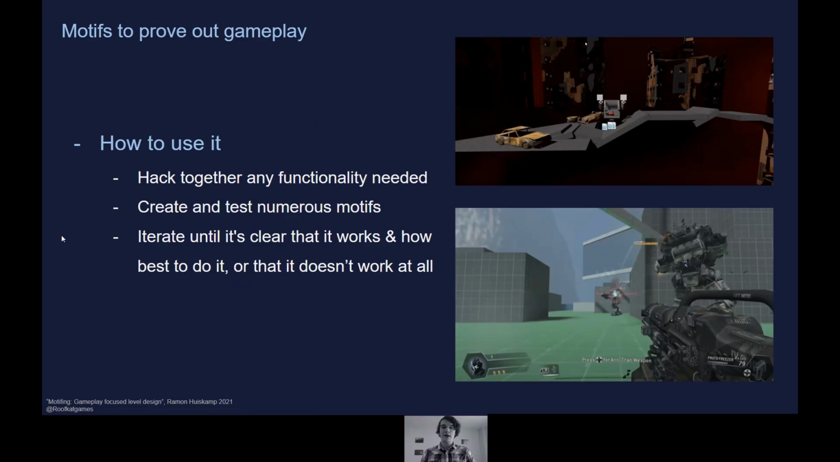So to quickly give you an idea of how you could use this, if you want to prove out a new type of gameplay for your game, you essentially first want to hack together any functionality that you might need. You might request it from your programmer, or if you are a little bit tech savvy, you can make it yourself. And then you just create and test numerous motifs. I'm going to go a lot more in depth on the actual creation process of motifs later. But essentially here, you just make a bunch of motifs, iterate on them, make new versions of them